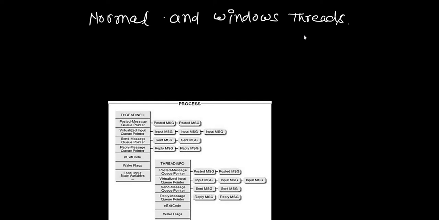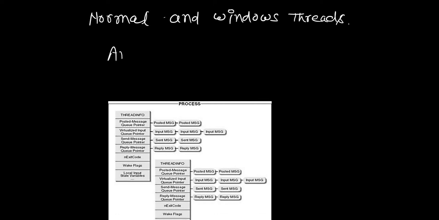Today I'm going to discuss Windows threads and normal threads. What are the normal basic threads which we have created till now in our various programs, like whenever we studied semaphore synchronization and synchronization through mutexes, then we have used a number of threads. Those threads are simple threads which don't have any user interface. But there are some threads which have a user interface.